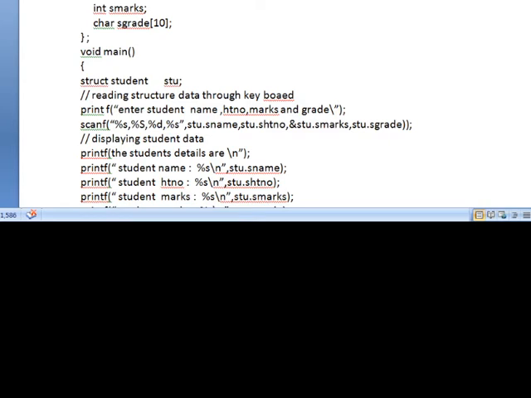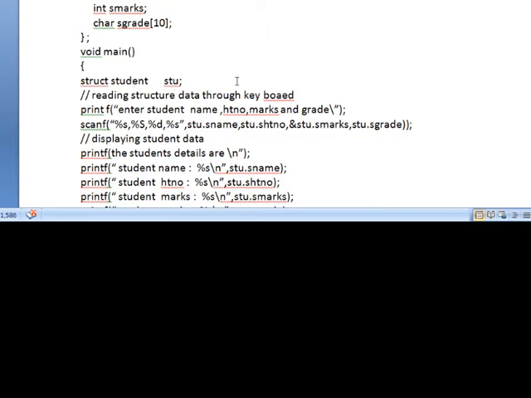The first is name, a character array, and hall ticket number is also a character array. Student marks is integer type, and the grade is first class, second class, and so on. Like that I store the student with respect to their marks.